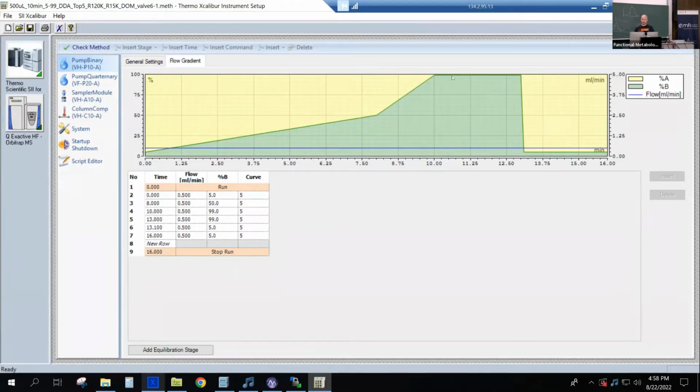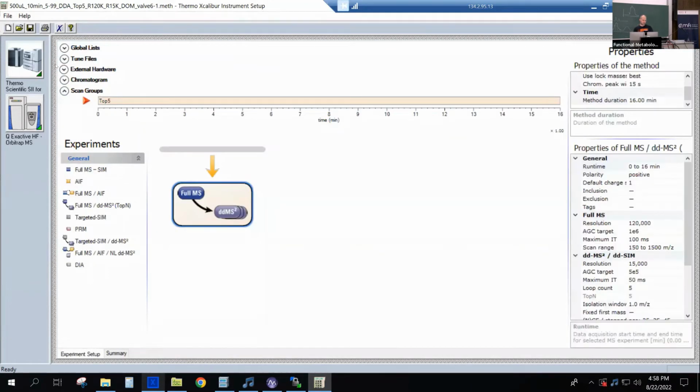We have a 2.5 minute washout phase at 99% acetonitrile at the end. And then also 2.5 minutes re-equilibration to basically bring the system back to our initial condition. Okay, that's pretty straightforward. Not so much a change, but as soon as I go now to mass